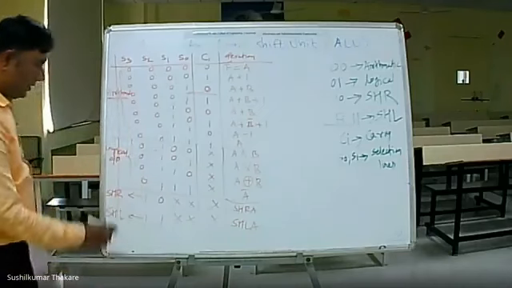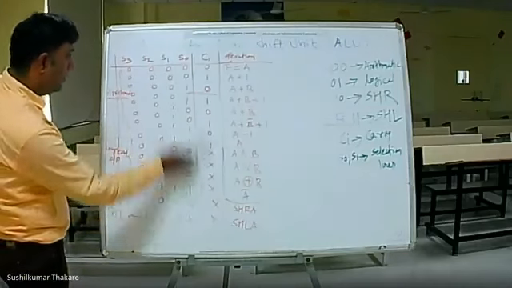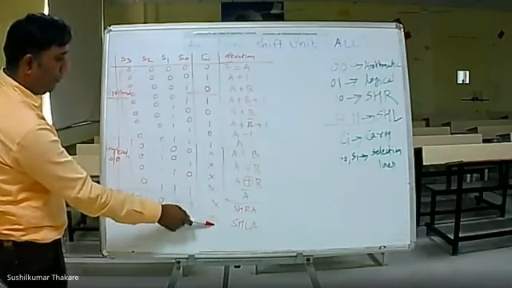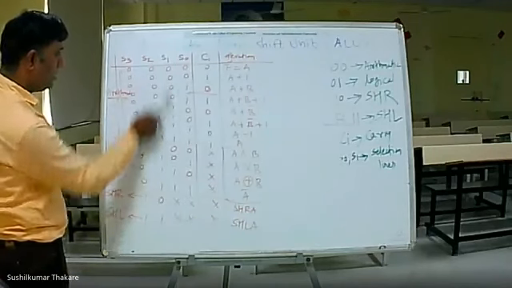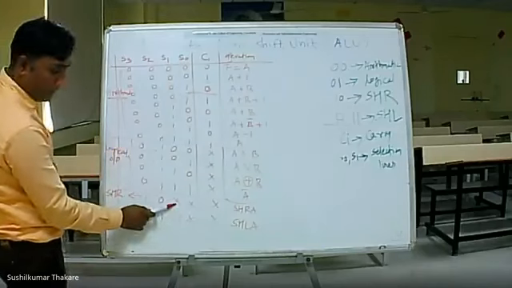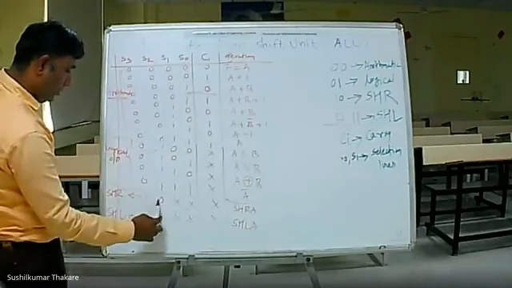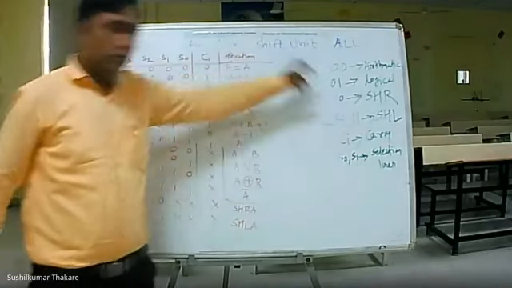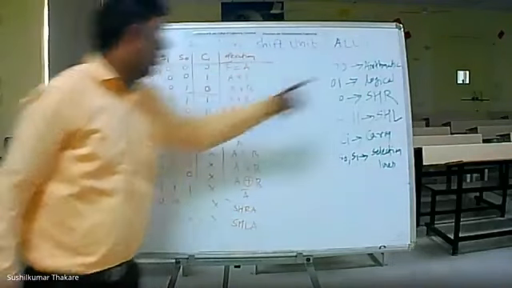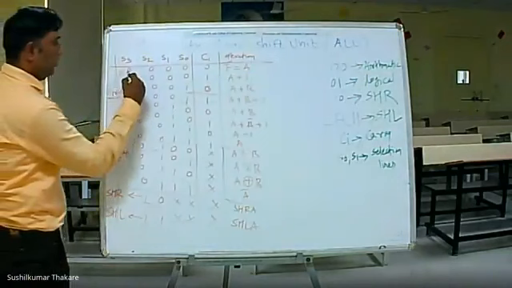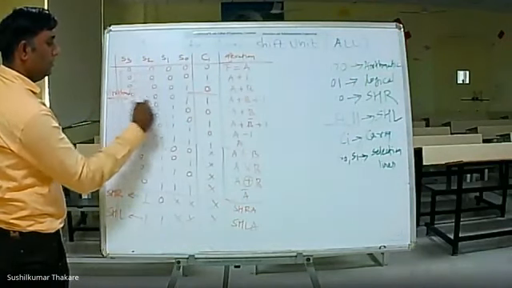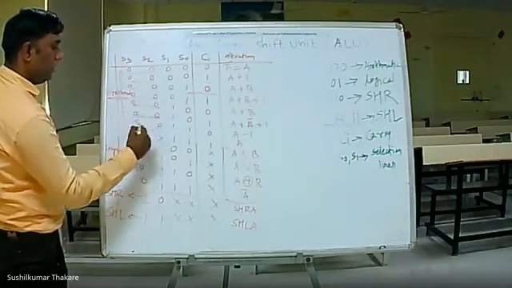And the last two conditions again have no carry input and also no select lines of the arithmetic unit. So the condition is 1 0. What is the 1 0? Already you know how to check it. Actually 0 0, arithmetic operations, na? 0 0 0 0, na? Arithmetic operations. This is 0 0. This is the arithmetic operations.